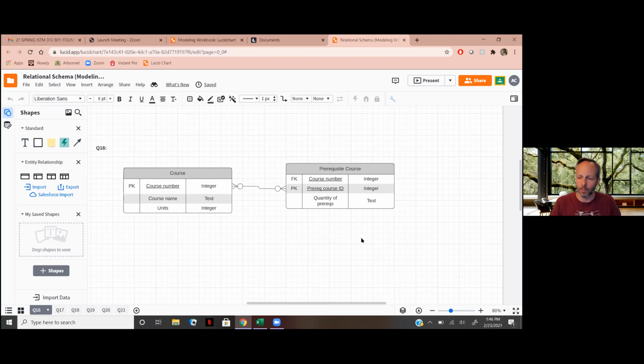Okay, let's talk about this one. So again, there's some issues here. The first issue I see is you again have a many-to-many relationship. And as soon as you have a many-to-many relationship, something is wrong, because we can't have those crow's feet pointing away from each other. The second thing is the course number over in the prereq courses, the course number needs to have a